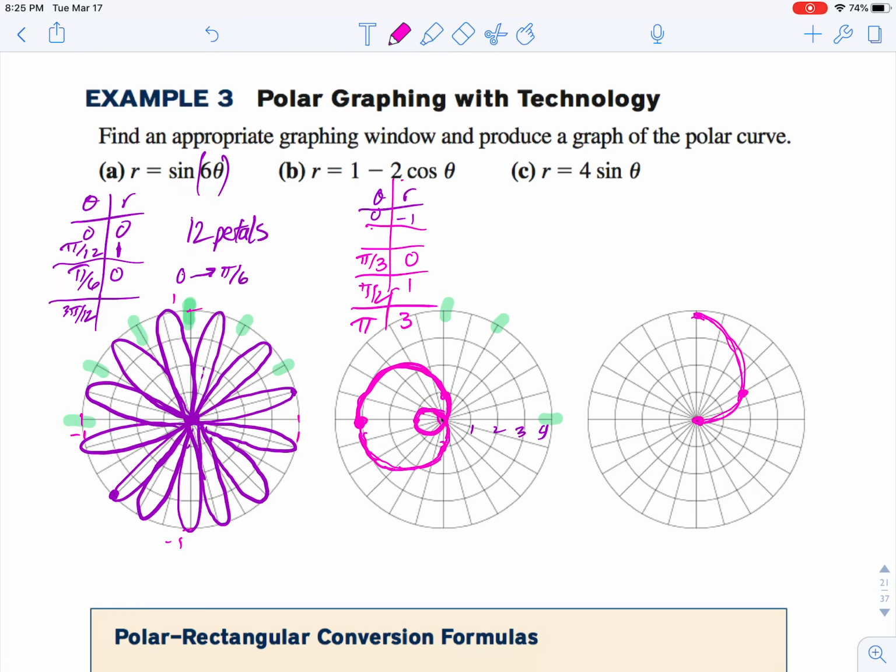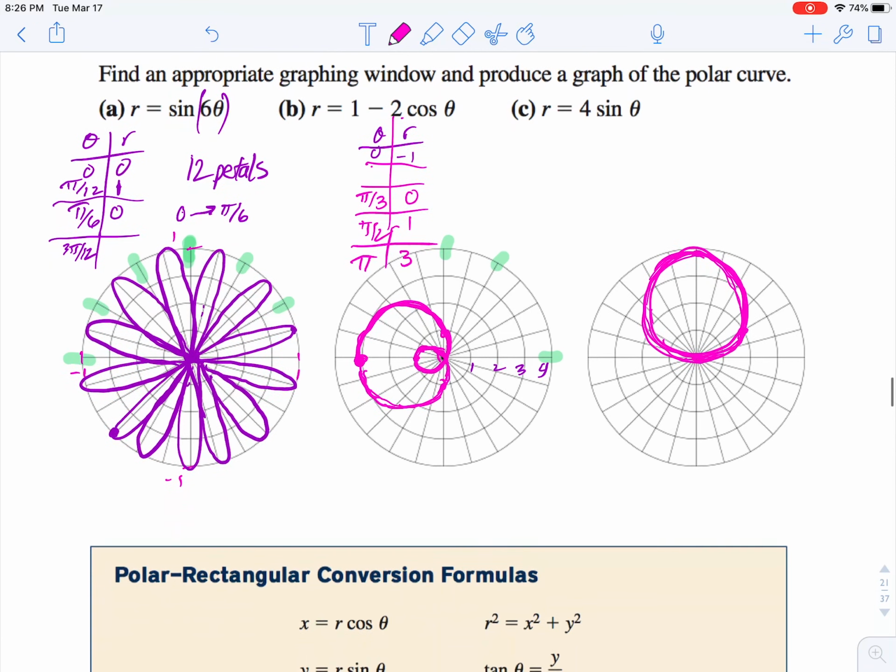And what happens if I get out to pi? So sine of pi is 0. I get back to 0. So what actually happens then is this makes a circle. That's what you saw in your calculator for that, oddly enough. Okay, I think